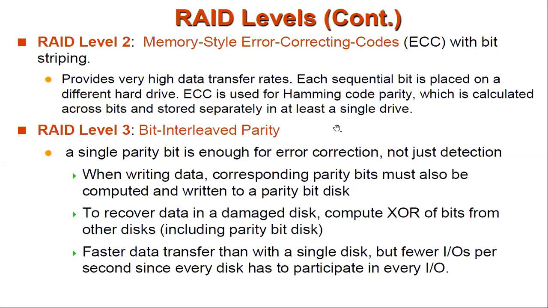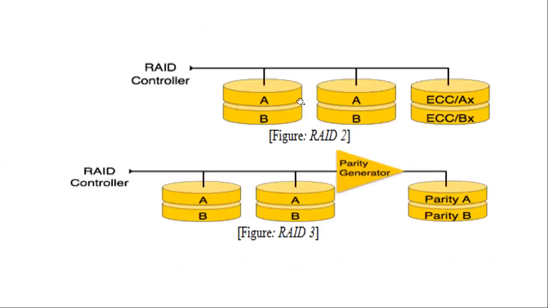Okay, so if you are applying this type of technique, then you can choose RAID level 2. Here you can see the diagram. RAID level 2 is actually AABB. It uses a mirroring technique, as well as the bit values being repeated here. And again, it uses the ECC, error correction code, and the error correction code details will be stored in a separate disk. Okay, so this is one format, right?